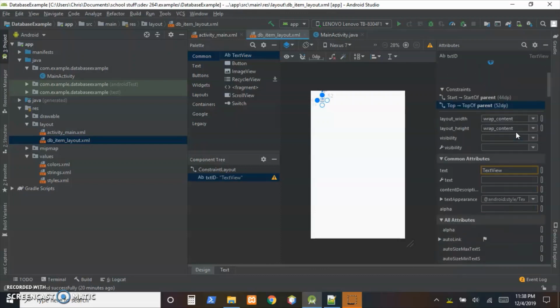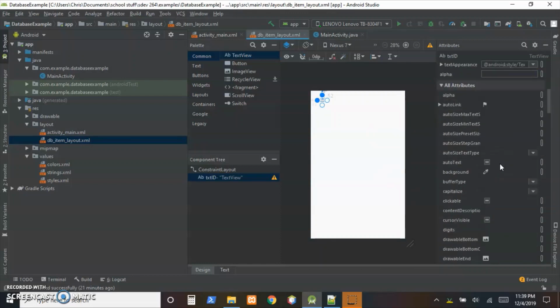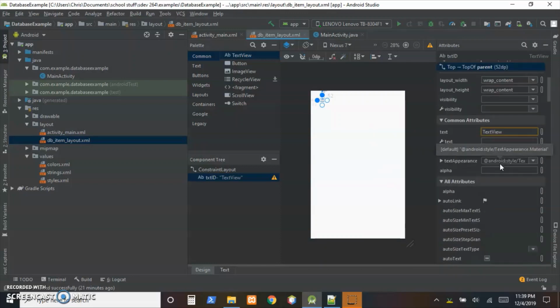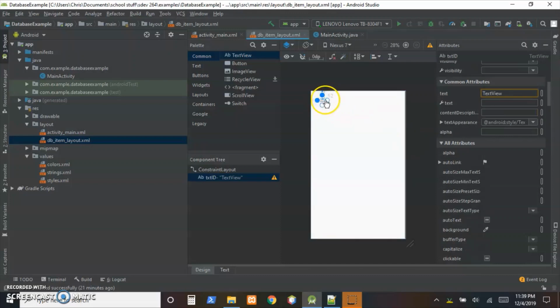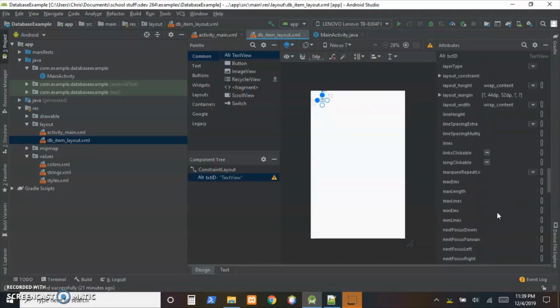Hopefully I'll remember I capitalized that D there. The text is going to be overwritten whenever we inflate our data into the list view. One thing I'm thinking about is the size. We probably want these different fields to show in different sizes. So I'm going to scroll way down here under all attributes and go to text size,